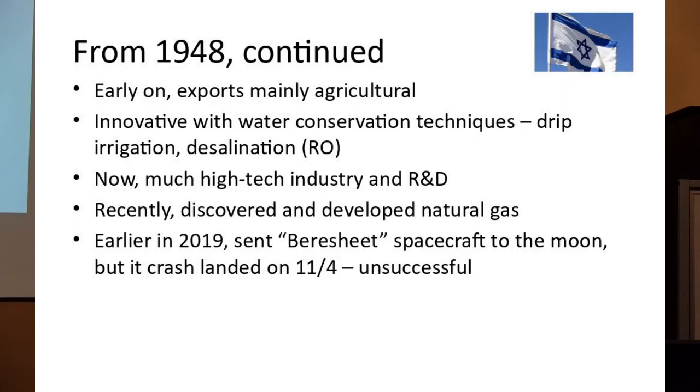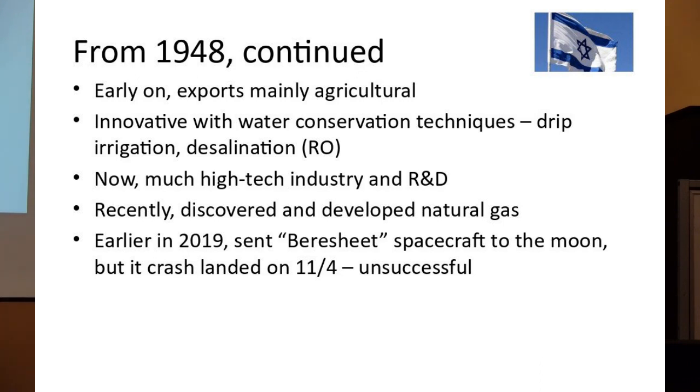I just thought I'd talk about their economy because they are growing in strength all the time. Early on, the exports were mainly agricultural. They were very dedicated to agriculture. It's a pretty dry land overall, but they've been very innovative with water conservation techniques. They invented drip irrigation, and they're at the forefront of desalination and recycling techniques. Particularly with reverse osmosis. Apparently they've got the biggest reverse osmosis plant in the world, and recently 40% of all